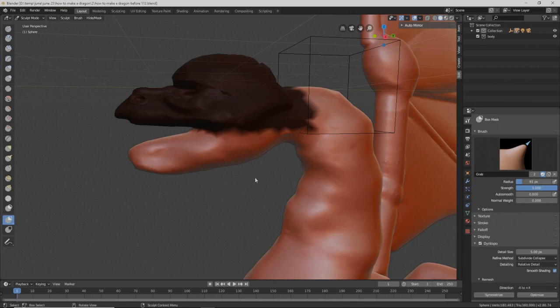If you need to draw without a box, you can hold Ctrl as well as Shift as well as the left mouse button. Just left click and drag that, and you can draw a mask. And I believe you can do that while you're on other brushes as well. While we have this protected,